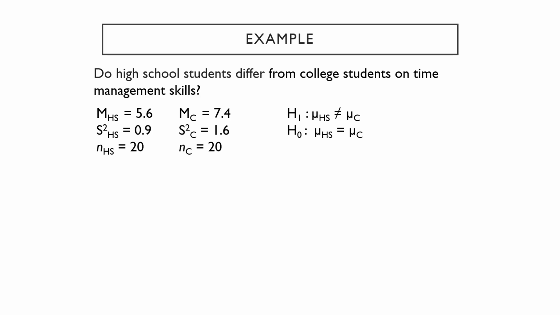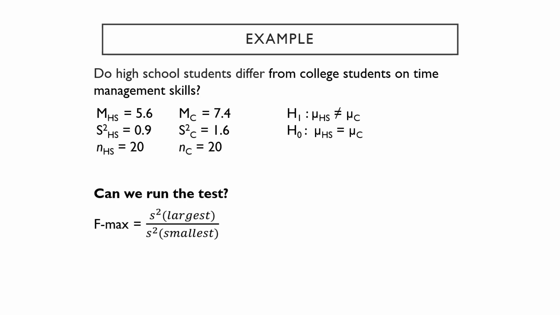But before we run the test, we have to make sure our data meets assumptions. These groups are independent because they consist of two different groups of people with no overlap. For this class, you can assume normality. Then we need to check whether the variances are equal. Using the F-max test, we have 1.6 divided by 0.9, which is